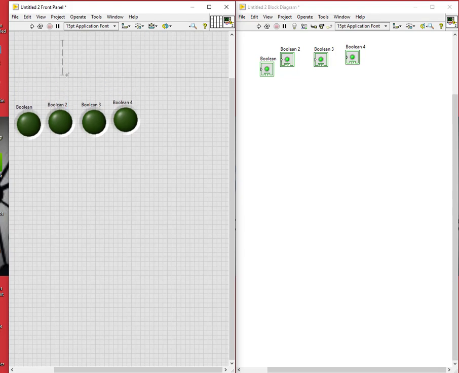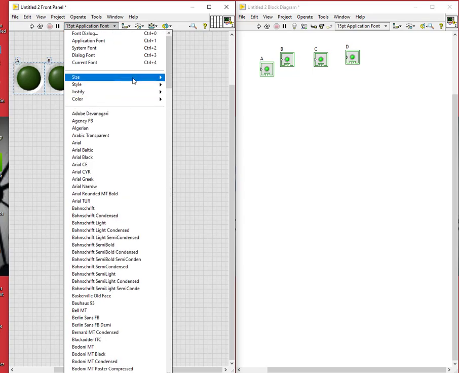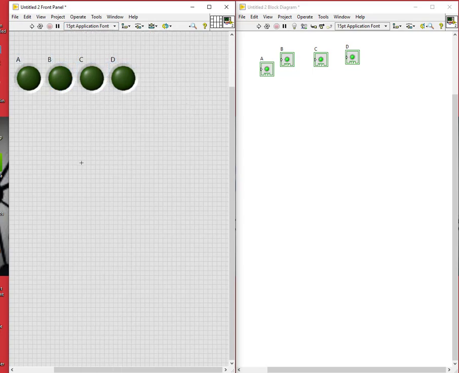For now I'm just adjusting these things, and these are what we call inputs. So I give them the names capital A, capital B, capital C, capital D. For the visuality, I'll just increase the size for you. I'll keep it at 24, and I'll give them the title binary inputs.